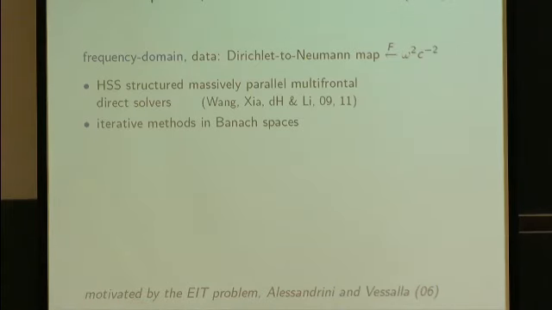Why can we go back to the Helmholtz equation? Why is it popular again to do that? There's a nice machinery for inverse theory, but also we can afford to compute the solutions to the Helmholtz equations, for many right-hand sides, so many boundary values, thanks to the development of a whole range of new direct solvers. We developed our own using hierarchically semi-separable matrix structures, a massively parallel algorithm, together with Shen Wang, Jingling Xia, and Sherry Li from Lawrence Berkeley Lab.